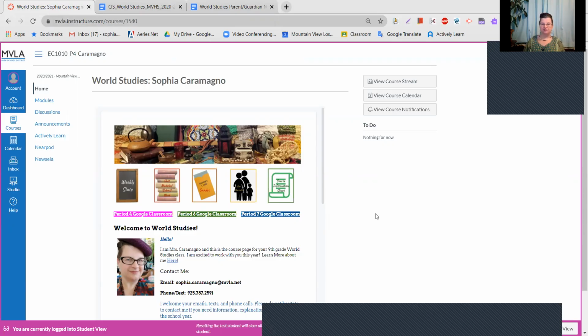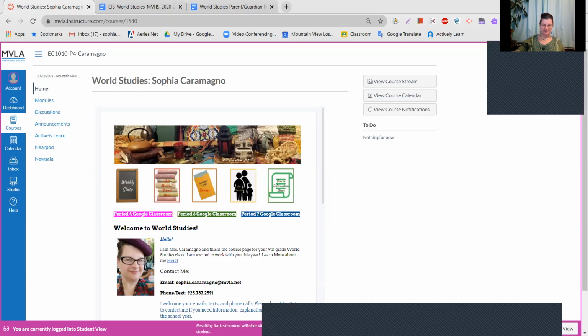That way I can reflect to students what they need to work on and what they did well, and then they can make those changes and really master the skills and content that they need. There's a link here to Aries so you can check grades, and students do submit their work on Canvas so that you can see it. I don't grade everything. But the things I do grade really reflect what students have learned.